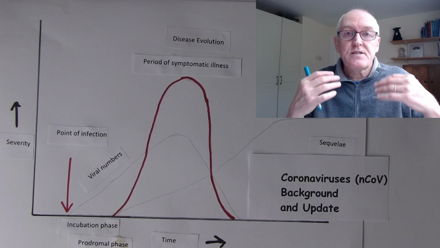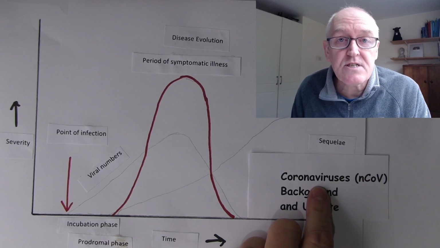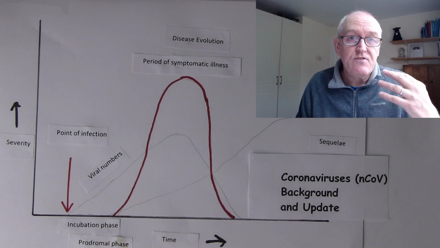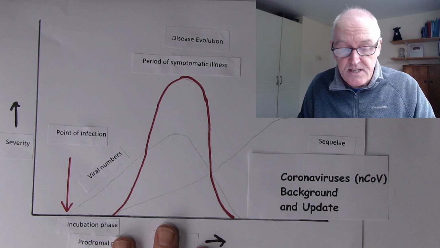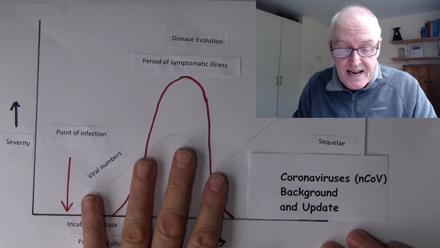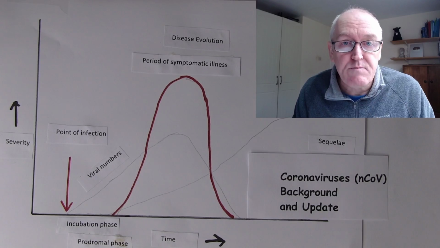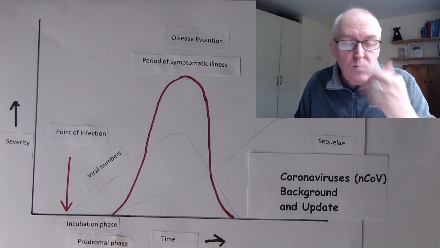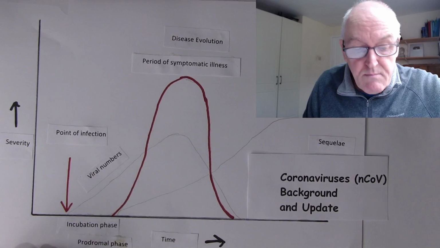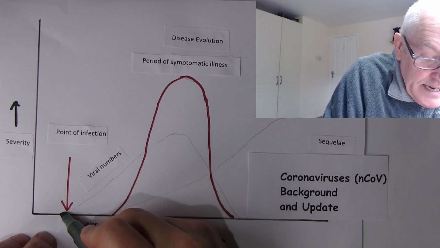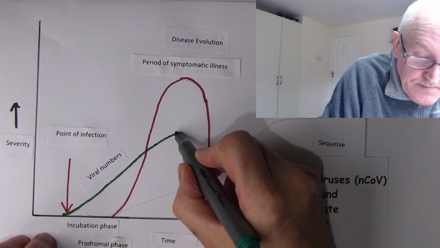And the droplets that we are breathing out that now contain, in this case, the coronavirus, other people can breathe in, especially if we're coughing and sneezing. They can breathe it in directly, or we can cough and sneeze onto surfaces, and then someone else can put their hand on that surface and then spread that to their mucous membranes. It won't get through the intact skin, but it will go into the mucous membranes. So that's the point of infection. And from that time, the viral numbers are going to start increasing. So we get an increase in viral numbers as we've sketched out here. The viral numbers will increase.